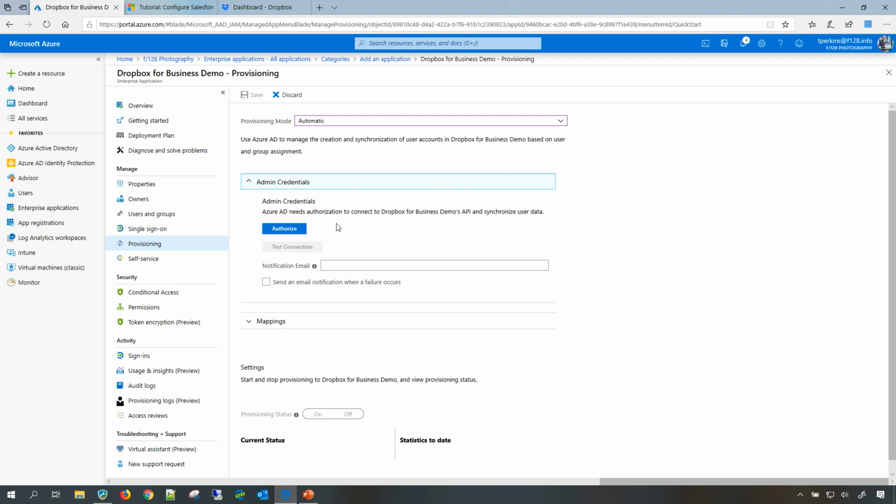yourself. In this process, Azure Active Directory will prompt for authentication and get the token credentials from that particular app and save them into Azure Active Directory. Different applications can have different authorization models. That's why you will see a difference when you add one application versus another. In this particular Dropbox example, I have an authorize button, and after clicking on that button, it shows me a page where I have to authenticate with my admin credentials at Dropbox.